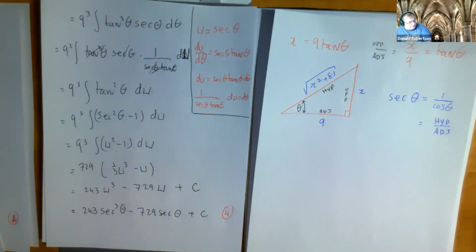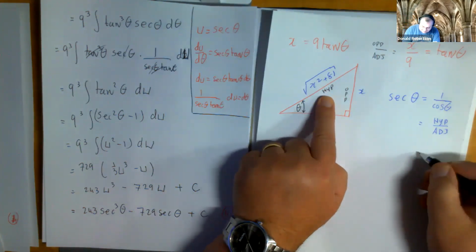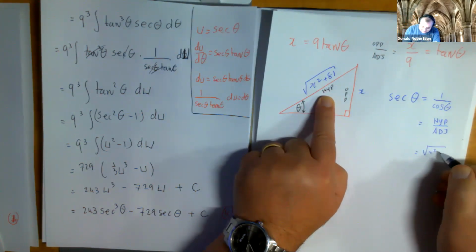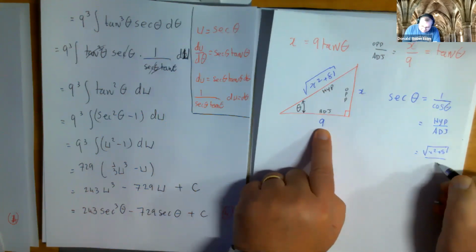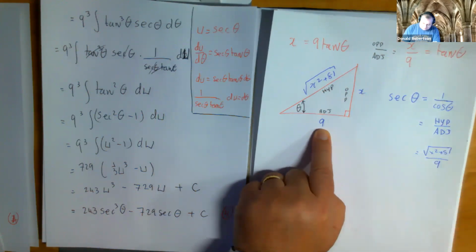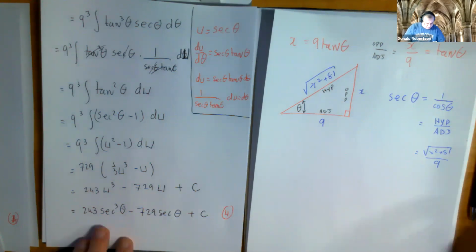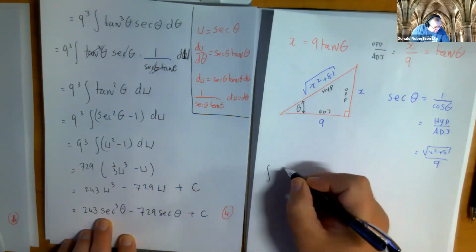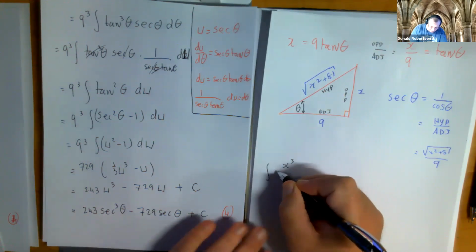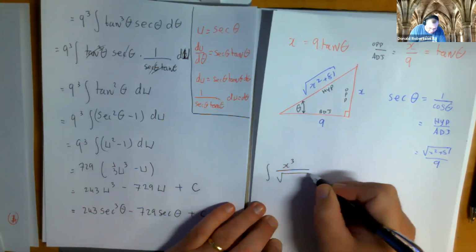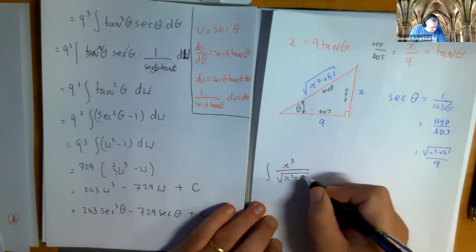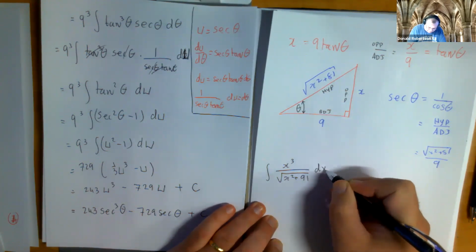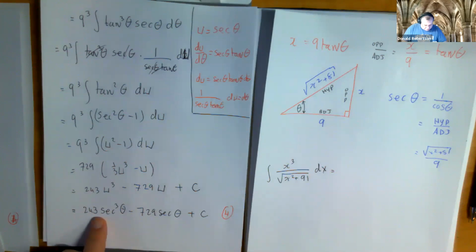Agreed? And according to this, the hypotenuse is this guy, and the adjacent is this guy. Which means I can now get my answer. And I'll put the original question down so we can even figure out what that is the answer to. Well, it should be